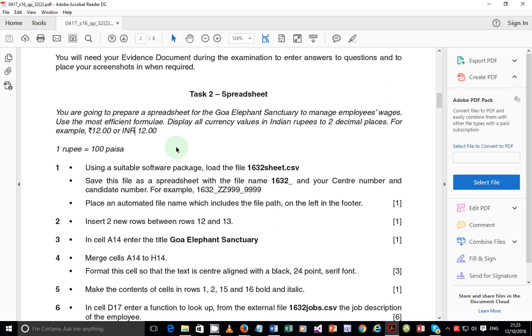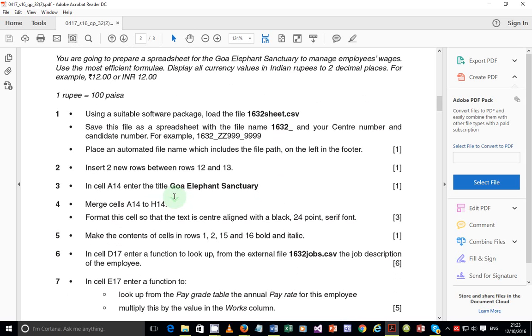So guys, just be careful here. The currency values are supposed to be displayed to 2 decimal places. Mark these, guys, very important. If I had a highlighter here... Nah, it's okay. So step 1, using a suitable software package, load the file